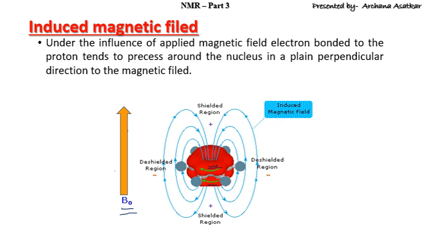The direction of the external magnetic field is this, and these electrons are rotating in this direction, and they will generate an induced magnetic field, which we can see in this picture is moving in this direction. So this region, the plane of the protons attached to this benzene ring, will be deshielded. However, the region above the plane will be highly shielded, and similarly the region below the plane will also be a shielded region.